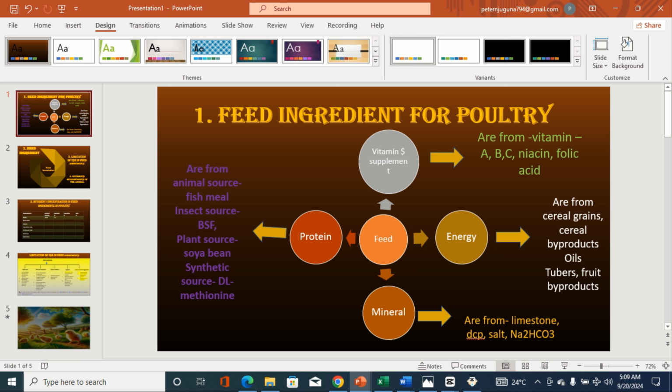For the vitamins in the feed, we acquire them from synthetic sources, that is niacin, folic acid, and vitamins A, B and C. So for the ingredients we have here